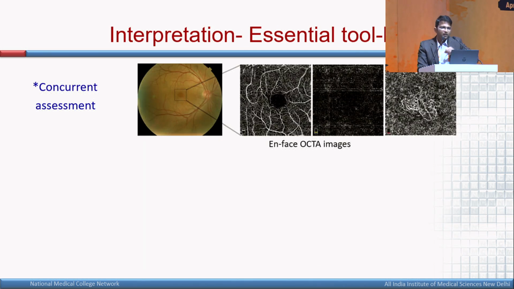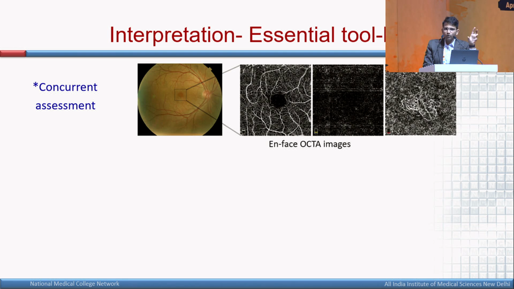Now, how do you interpret an OCT angiography when you have an image on the machine? You don't only look at the en face OCT images; there are different slabs. Commonly you have the superficial vascular plexus, the deep vascular plexus, the avascular zone, and the choriocapillaris. Here in this image you have a full retinal scan wherein the superficial, deep and outer retina have been clubbed together. Then the second image is of the outer retina, and the third image is of the choriocapillaris.